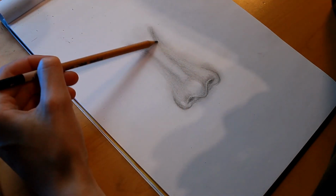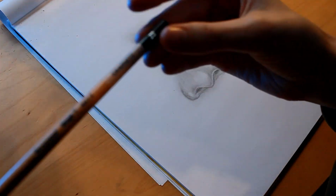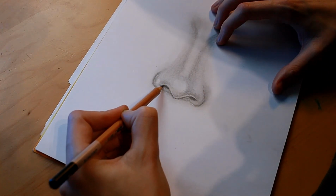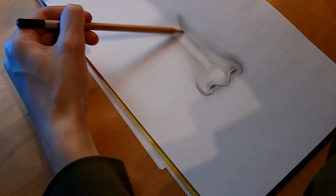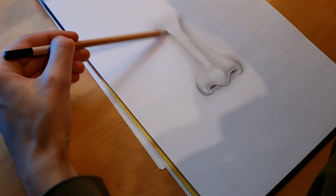Recently I started taking up drawing again. As a child I really enjoyed drawing, and I started painting, I guess about a month ago, something like that, and I focused mainly on abstract painting. I also really enjoy making fine liner drawings, more abstract stuff, because I didn't feel comfortable starting to draw realistic stuff. Also because I know that I'm quite a perfectionist, but after a while I wanted to try it out again. So here I am,